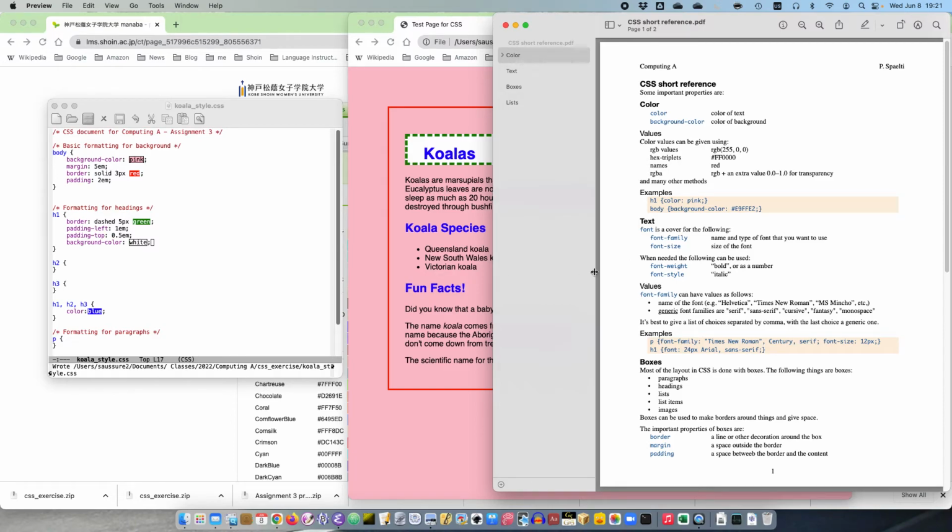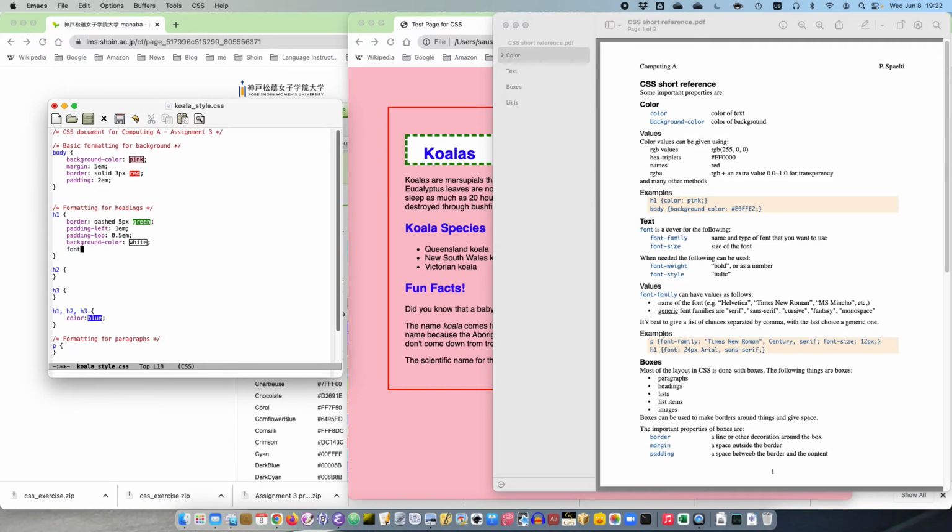So now you can see already that in general H1s are big and bigger. They have a bigger font than the paragraphs and so on. So that's sort of built in, but you can still change it if you like. So let's just try changing the font. This is to change the size of the font. We would use font size. And now I'm going to use